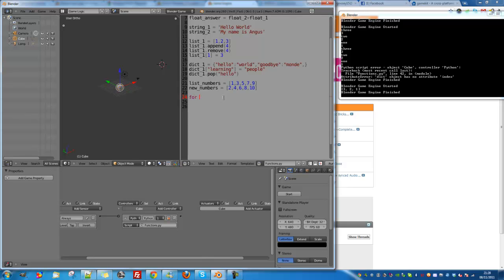So for item_1, item_2 in zip, which means we're looking to zip, a bit like you unzip a file, you get 2 or more items, for example. And then put list_numbers and a comma because it's 2 items, as you remember earlier, new_numbers. And this will give you 2 variables. Item_1 will be from the first list, item_2 from the second list. We can then